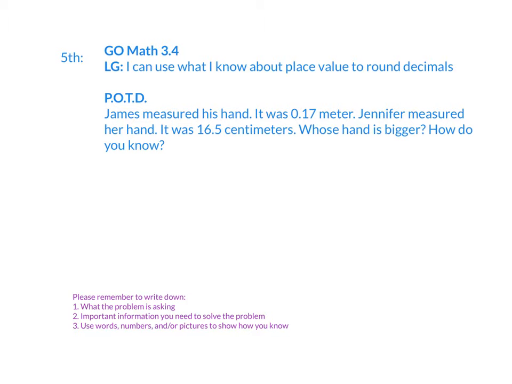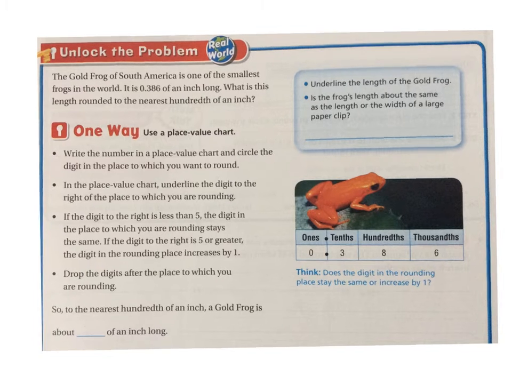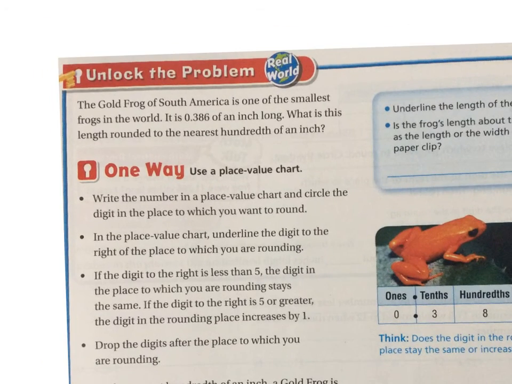Today, the learning goal: by the end of the math lesson, you should be able to take what you know about place value and use it to help you round decimals. You should have talked about the problem of the day with your sub, so we're going to continue right along into today's math lesson. Okay, if we look at Unlock the Problem, it says, the gold frog of South America